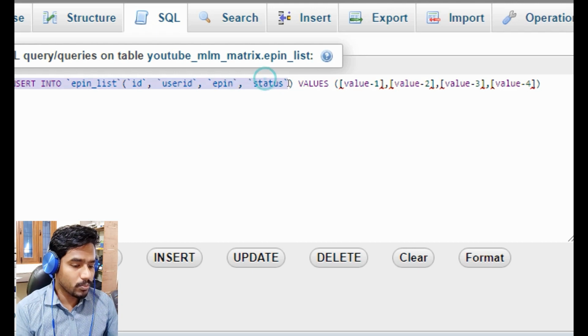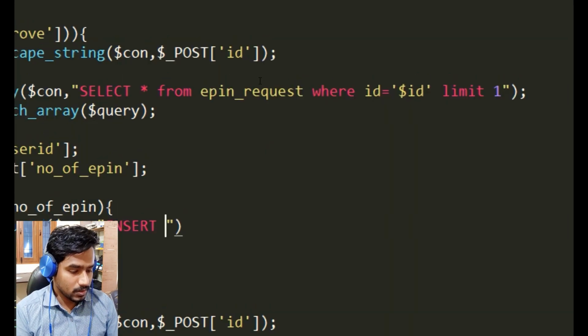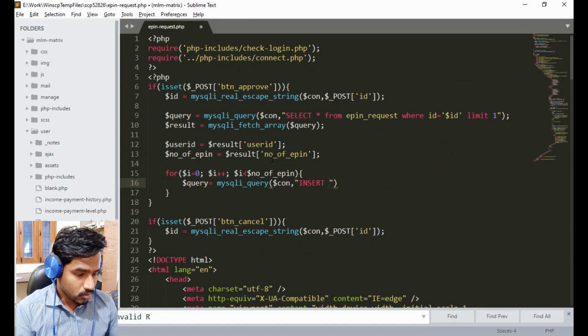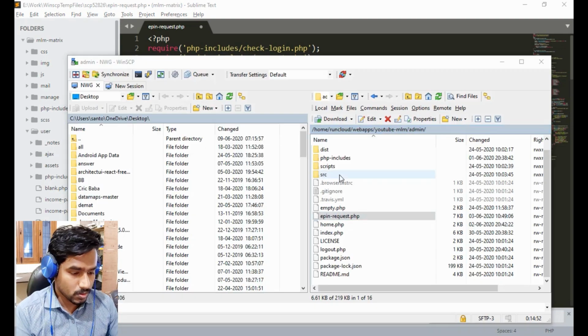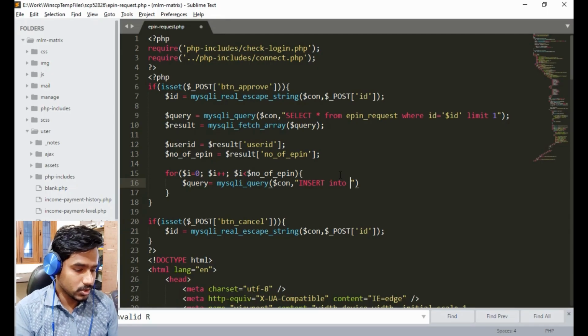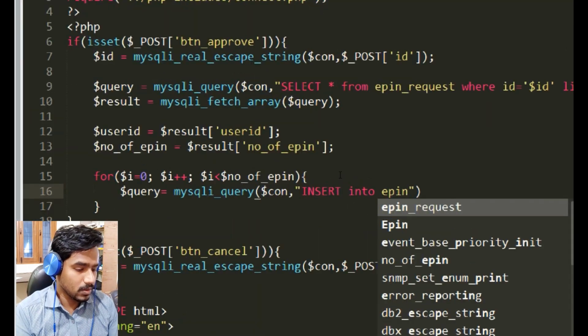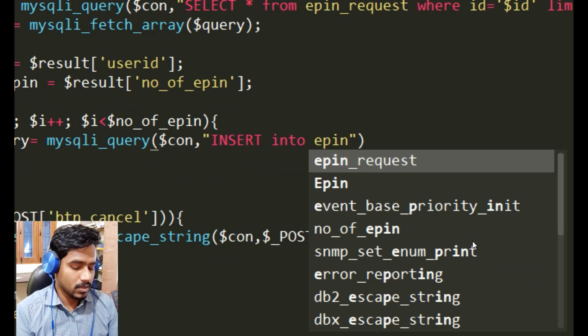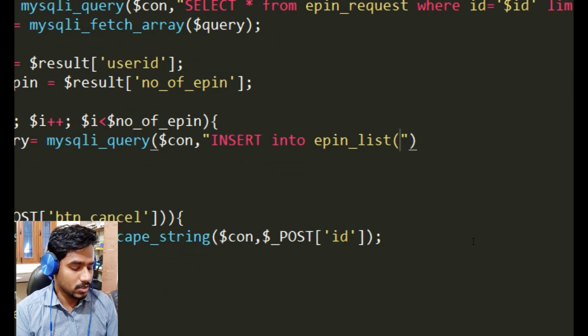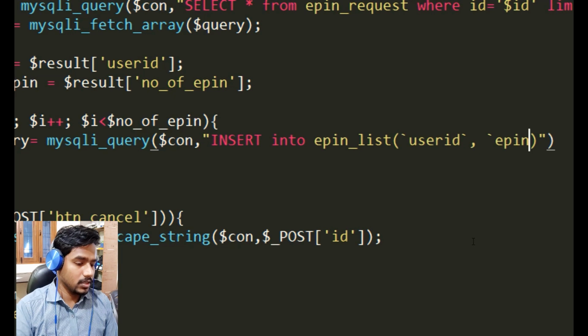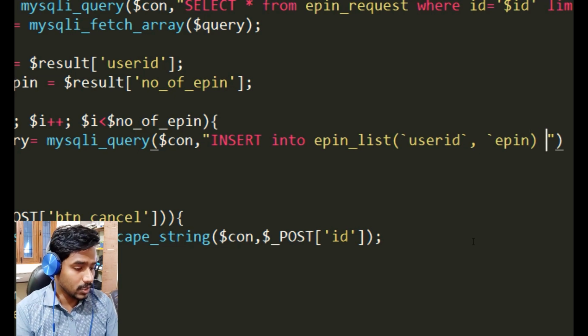Okay, we don't need to insert the status because by default it will be unused, so we have to insert only the user ID and the epin. So here insert into epin list,